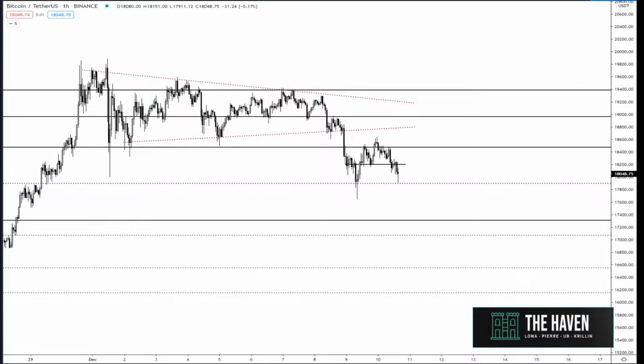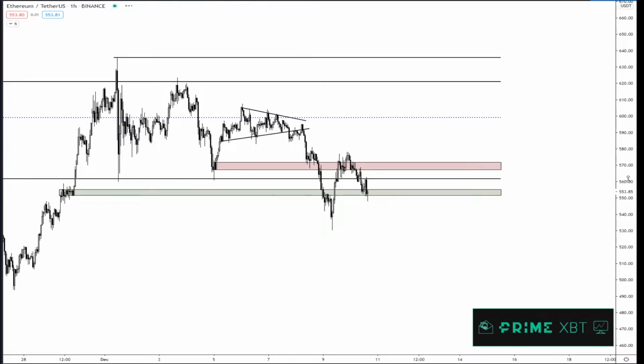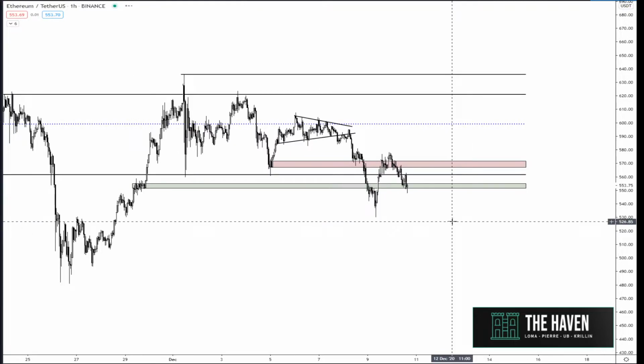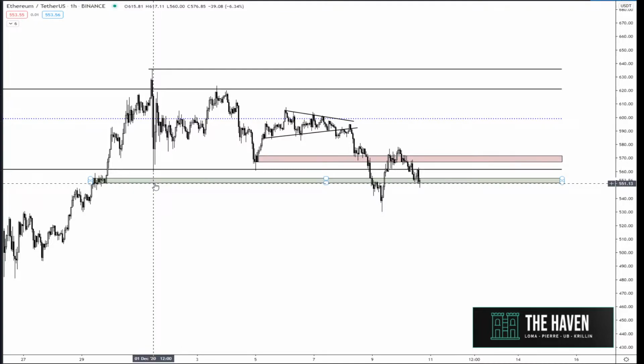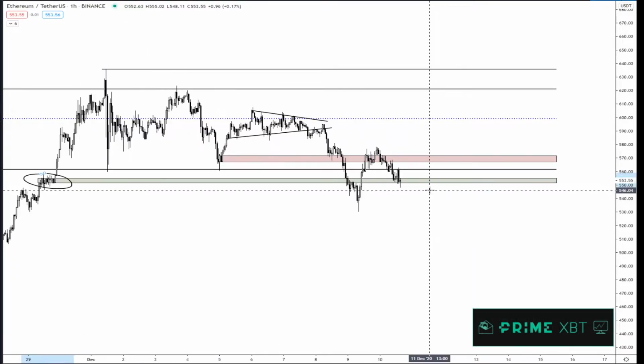I know a lot of people just stress out, oh my goodness, should I long here? Should I short here? What's going on? But I think it's important to stay cool, calm, and collected. And if you miss a trade, you miss a trade. Doesn't really matter. So for Ethereum, we have flipped this consolidation period into resistance, or we are in the process